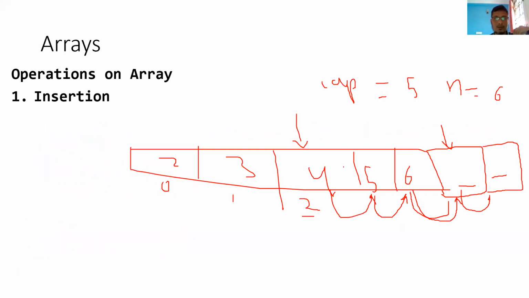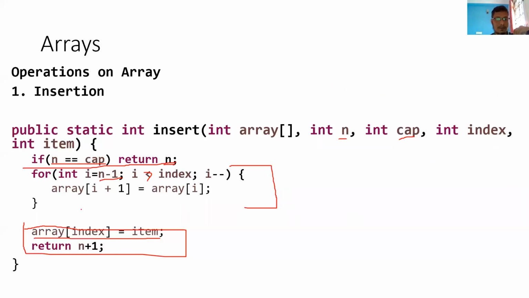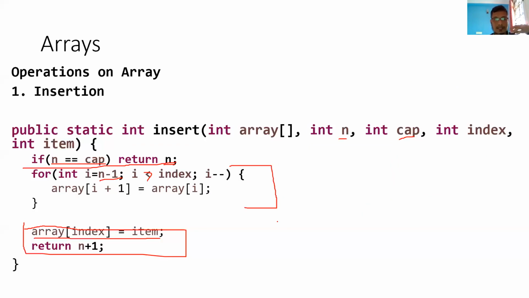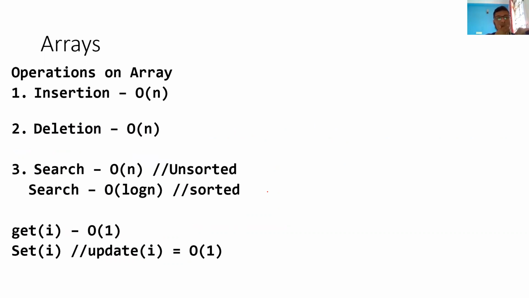The worst case could be that you want to insert at the first location, so you have to do all the operations here. Average could be that you want to insert somewhere in between. That is the reason you have different scenarios here. It is not an exact bound, so theta cannot be used. I hope that is clear, right? So these are the time complexities. Insertion will always take big O of n.